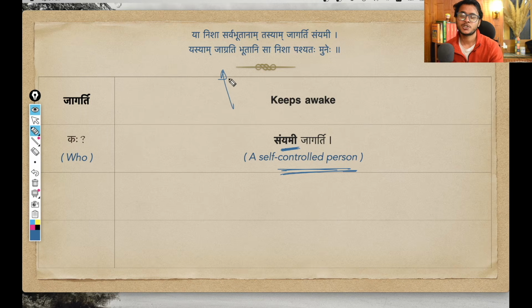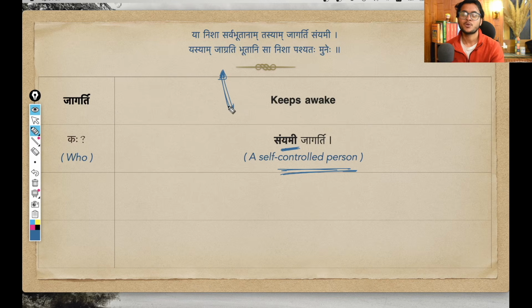So basically, with this shloka, Krishna is going to give us a stark contrast, a stark difference between a common, average person like us and a yogi, a person who has mastered self-control, who has brought all the senses under his control. So what is the stark contrast between a common person like us and a yogi? That difference is portrayed here in the shloka. We will see that. So this Sanyami refers to a yogi person.